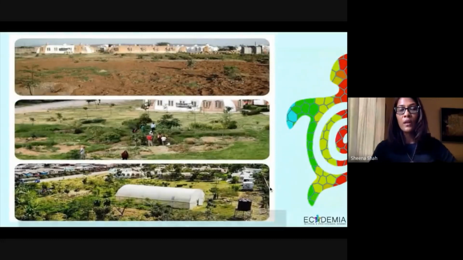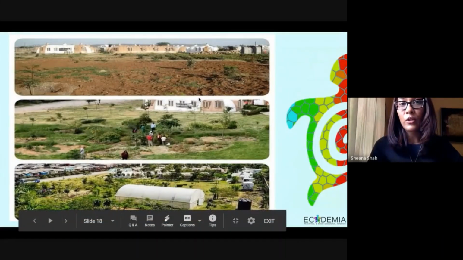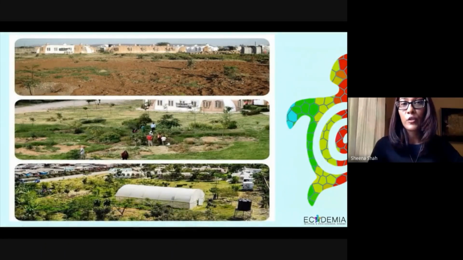This is another project I was part of. So when I talked about volunteering for a year, this was a space. It was a children's home here in Kenya, where I spent a year after my course, and the very first image there was what it looked like, and it was actually a dumping ground before we moved in there. And then we started to use the design principles and transform it. And you can see the grasses are back,